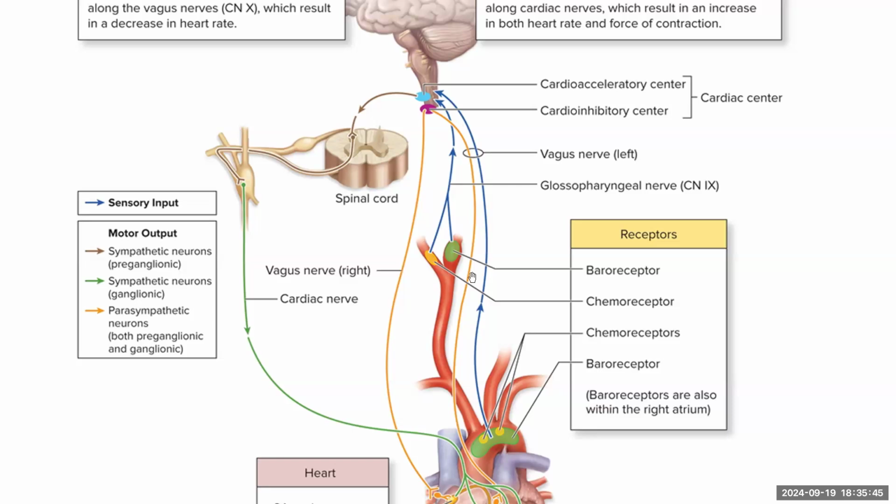And then if it needs to slow the heart down, it's going to respond by sending that information through your vagus nerves. And the right one goes to the SA node. Slow the pacemaker down, okay? Inhibit it a little bit so it's not depolarizing as fast, so we can slow the heart rate down. If your blood pressure is increased and you slow the heart rate down, you can decrease the blood pressure. That's a perfect example of beta blockers. That's what they do. Beta blockers are a class of drugs that slow your heart rate down so you can